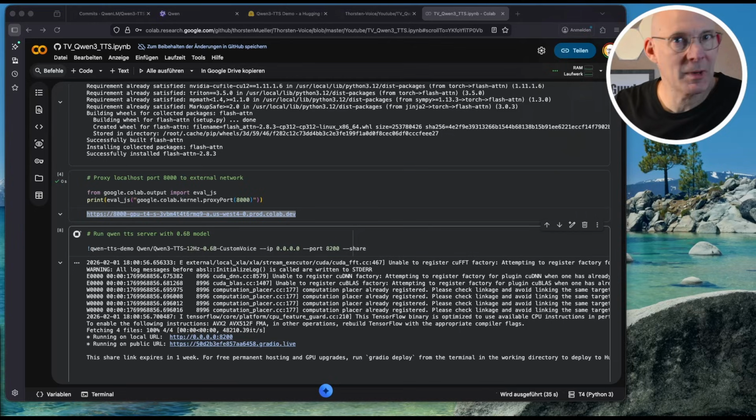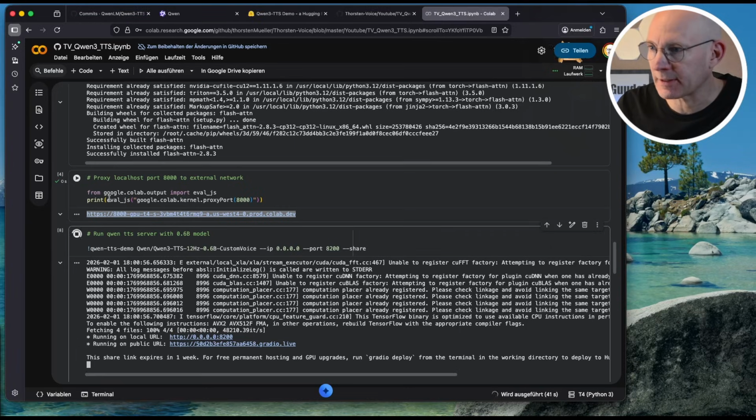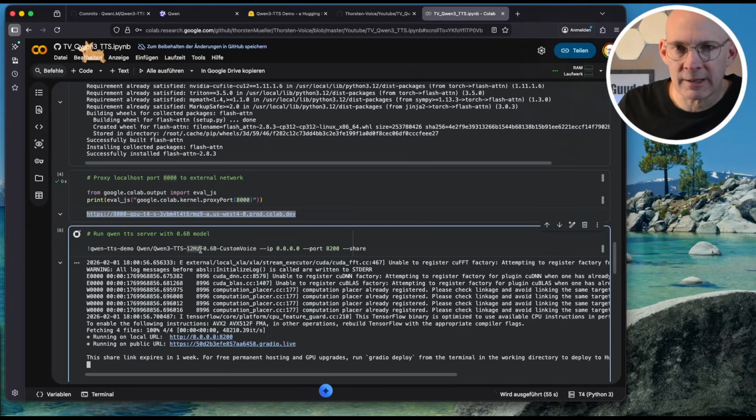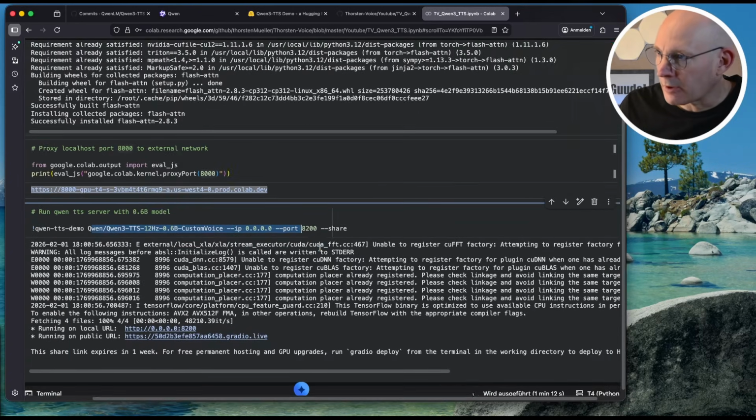Okay, so don't ask me why. During my testing, this cool code snippet using this external proxying worked like a charm. Now it did not work. I have no idea why. So I did some testing and played a little bit around and found out that it is not required at all. So what you can do instead is, and I will update my Google Colab on my GitHub repository on that, you can see in the command running the Qwen web UI with the port 8000 or 8200, which I use for testing now,